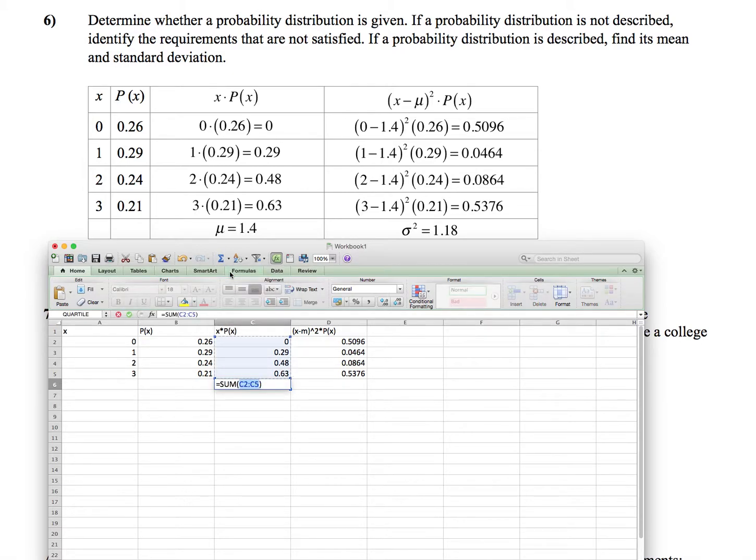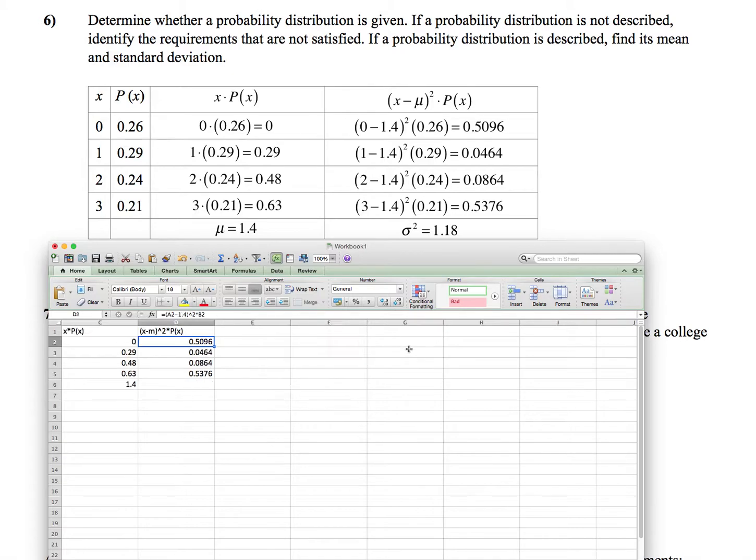And I think the reason it knew to add C2 to C5 is because I had highlighted them a few seconds ago. I'm not sure. But it's going to give us that sum, which is 1.4. Now that cell is C6. If you wanted to use that cell in entering your formula, instead of 1.4, you would type in